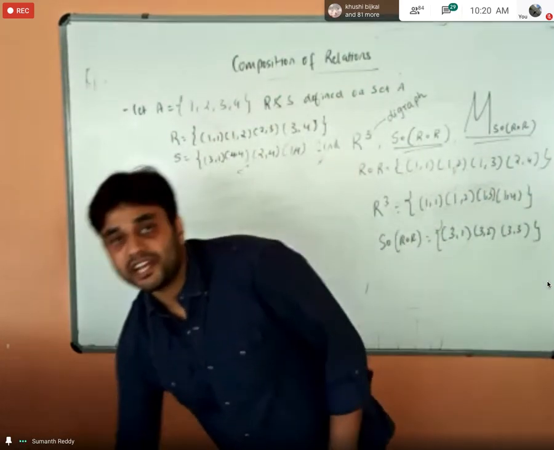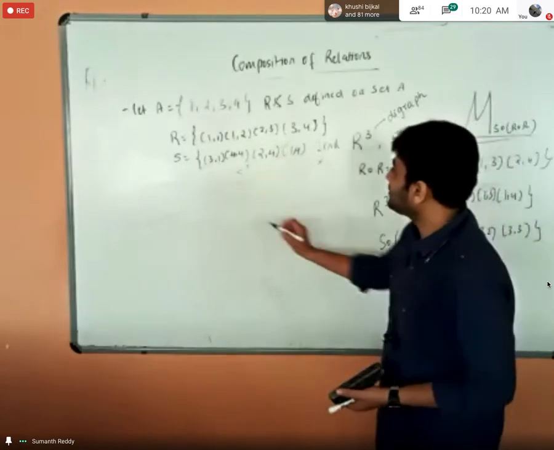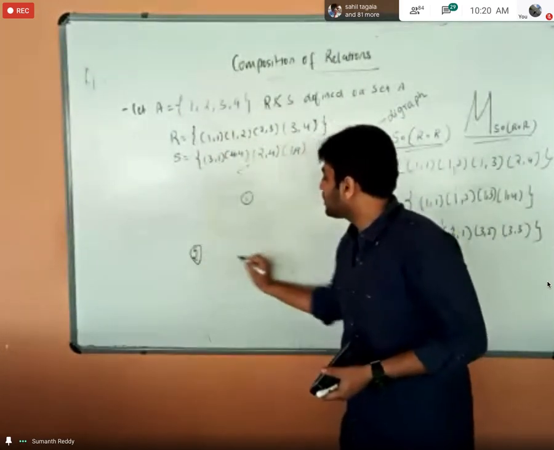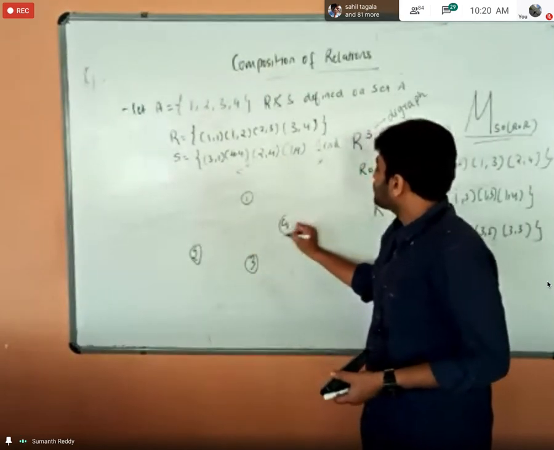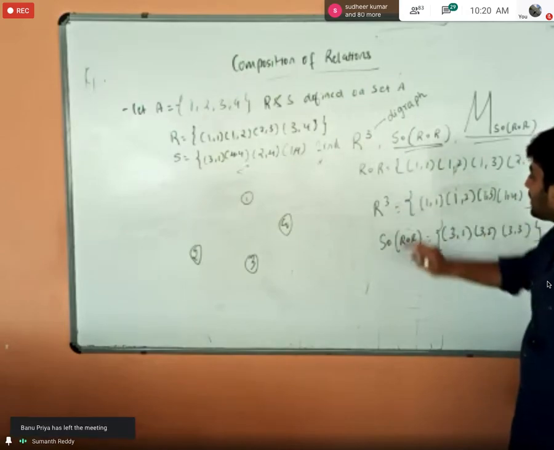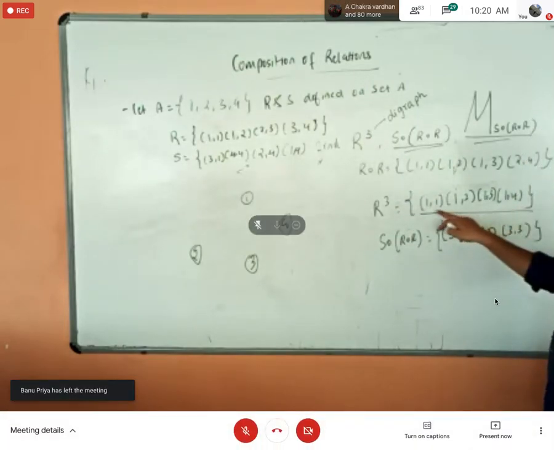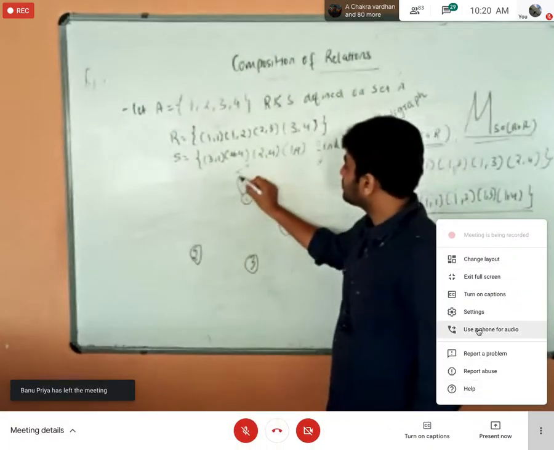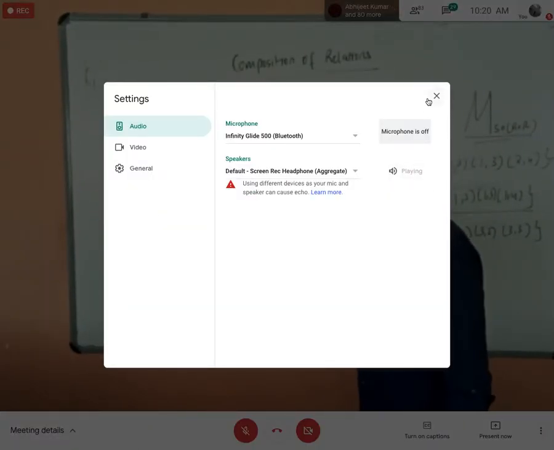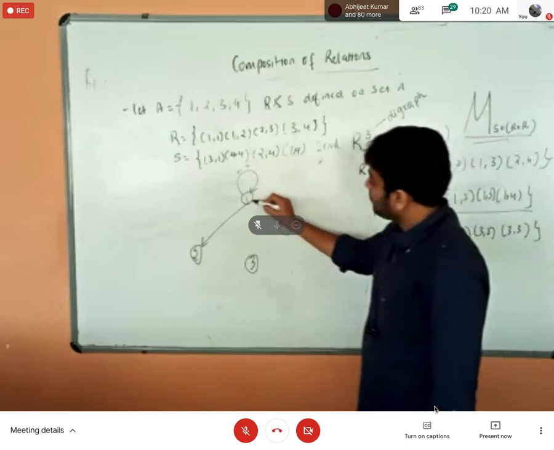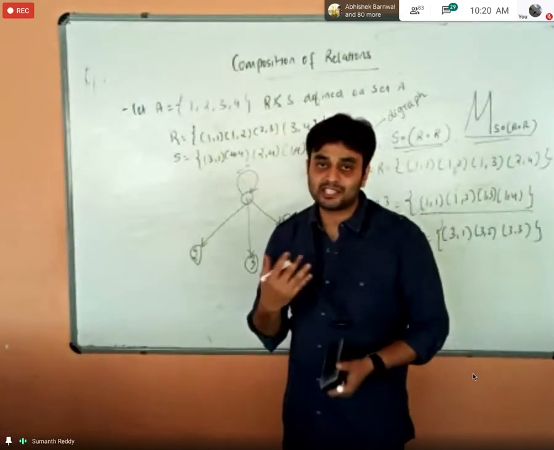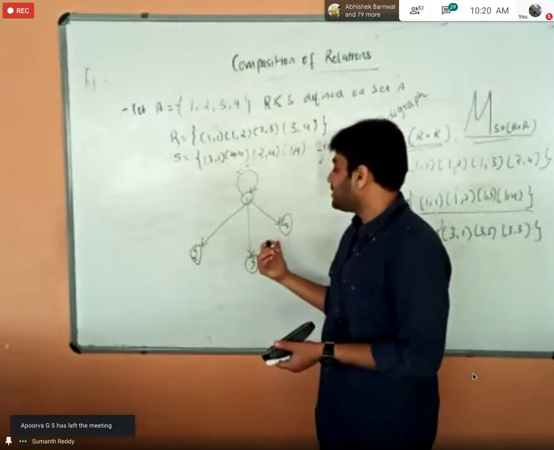It is a binary relation, and it is on the set A. First, you just represent the elements 1, 2, 3, 4. After that, you have to look at the ordered pairs. So he's asking for R3, right? The R3 relation has the ordered pair 1,1. Next 1,2, so from 1 to 2. Next 1,3 and 1,4. Correct, right? So if he asks you to represent the relation in the form of a diagram, you can easily do that.